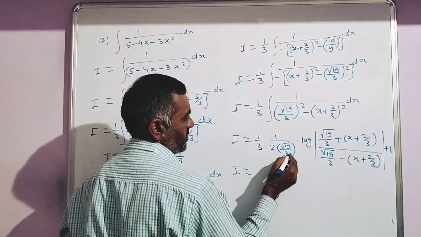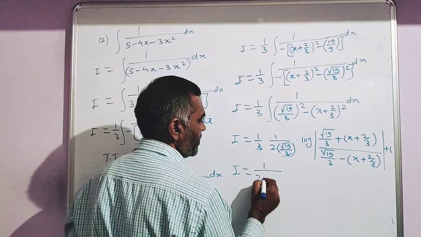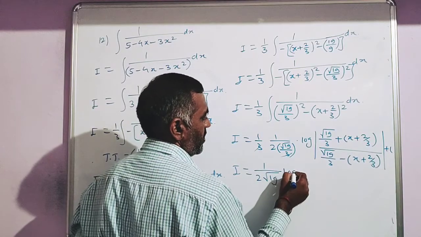Therefore I is equal to, the 3 gets cancelled,